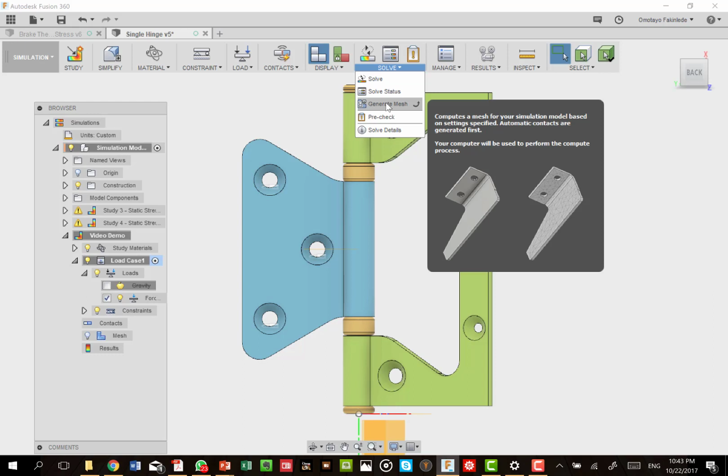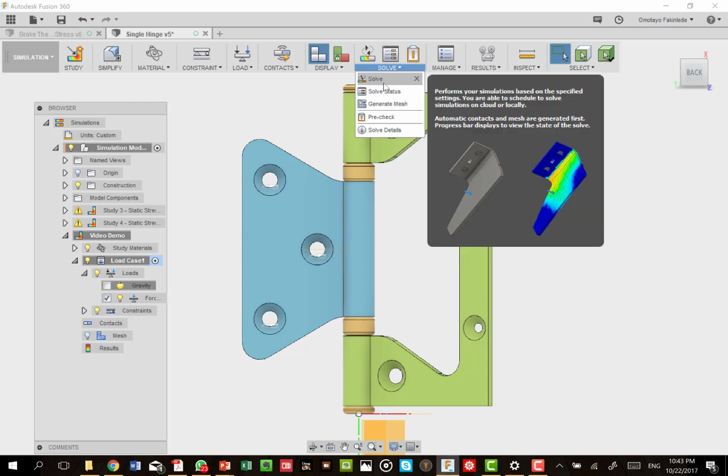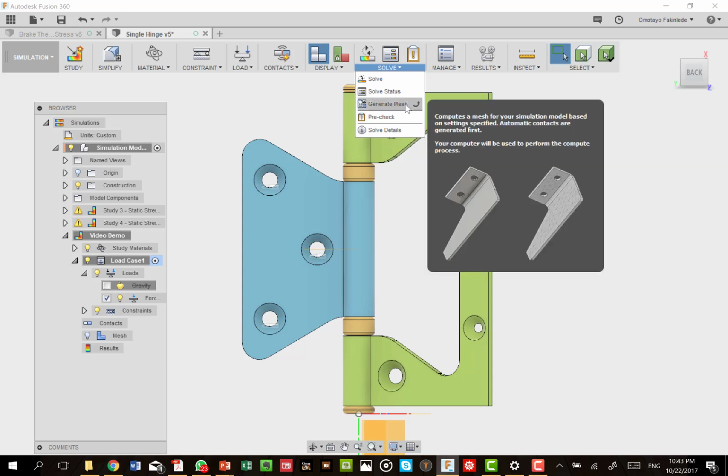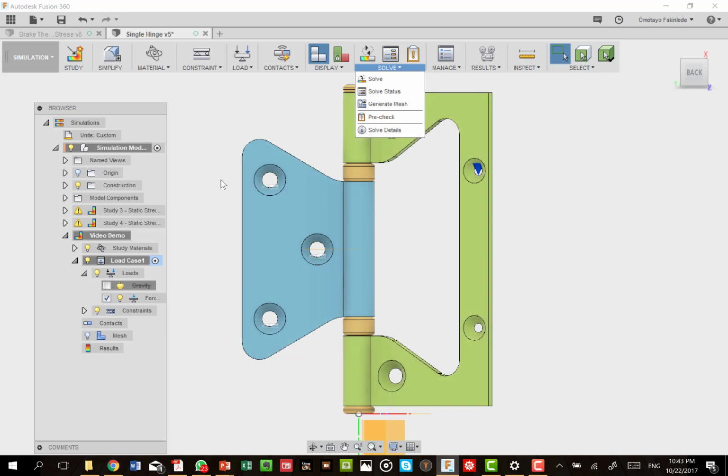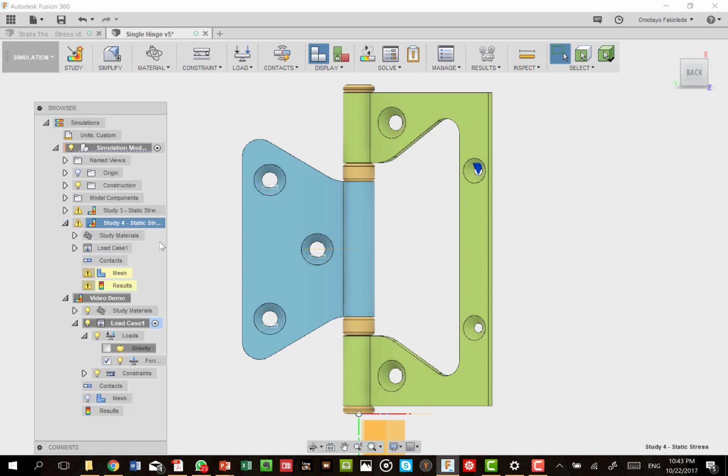In this case, if you generate mesh, it will do the generation of the mesh on your system, but when you want to solve, it gives you an opportunity to go and solve on the web. But if you just go to solve, you can choose to do the mesh generation straight there, and everything will be done all at once. So that is the way this will work. But you can now go and choose your solution method.